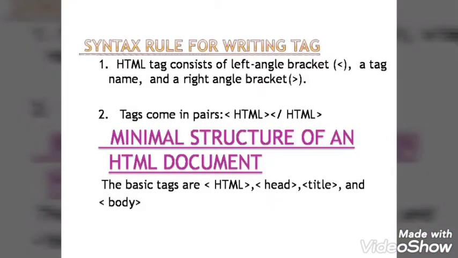Okay, so here we will close the. So here again I have mentioned the syntax rule for writing the tag. I hope now it is clear. We are using left angle bracket, then the name of the tag, then right angle bracket. So this is opening tag, and in closing tag, same both the brackets, and we are adding a forward slash. So this is a rule of writing the tag. Without this we cannot write. So this is a minimum structure for a HTML document. In this we use first the heading HTML document, then heading, title, body, all these things are the part of HTML document.